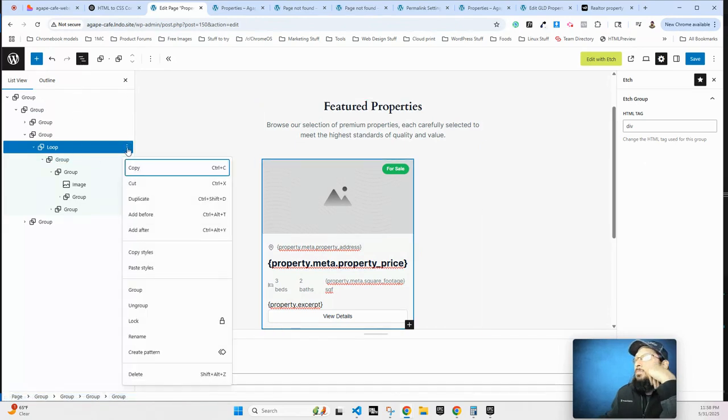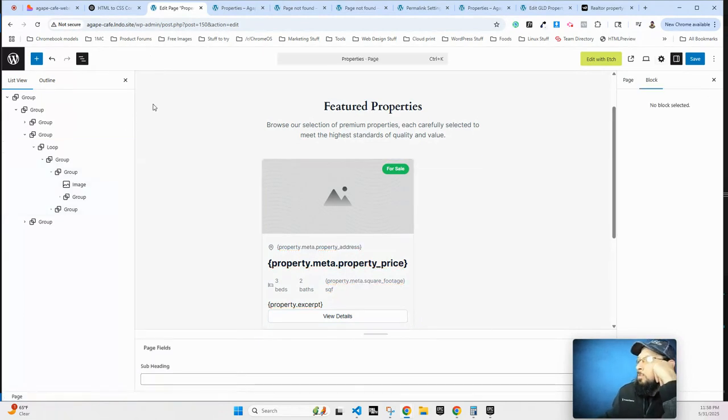I was kind of hoping there would actually be a query loop block here. The problem with that is Gutenberg's query loop block is terrible, so it can't do all the stuff that you can do with an Etch loop. So it probably isn't possible to create a loop block out of it. Anywho,